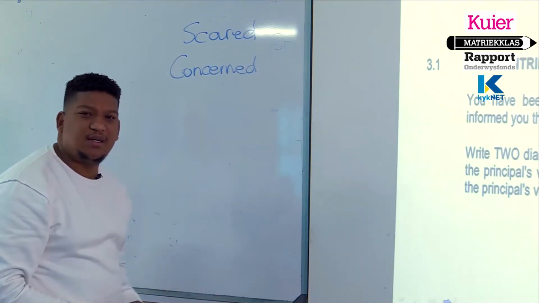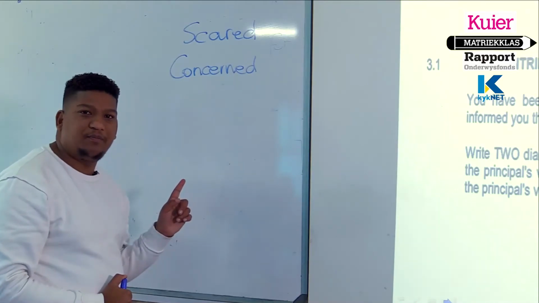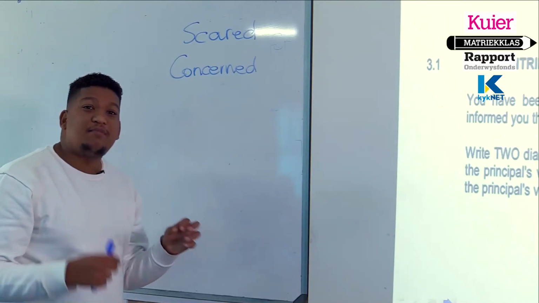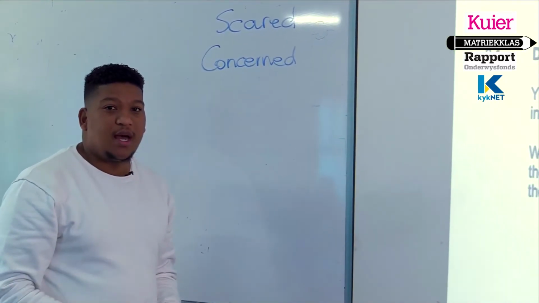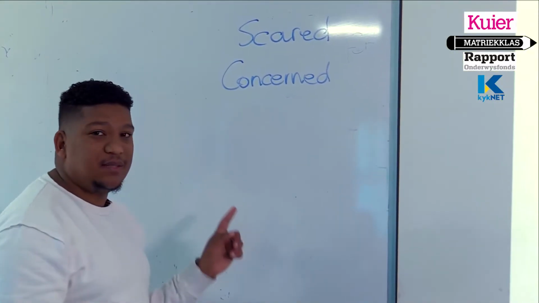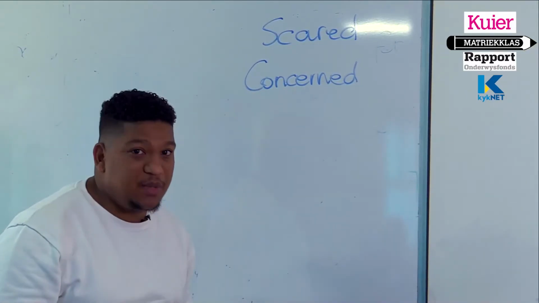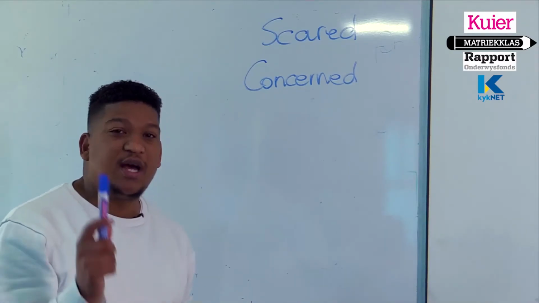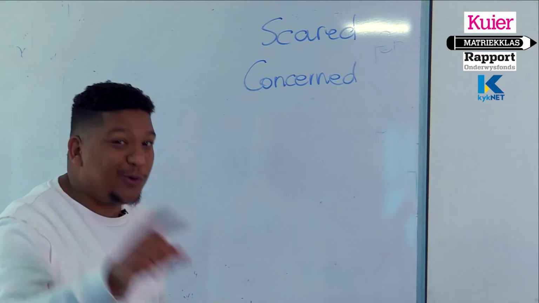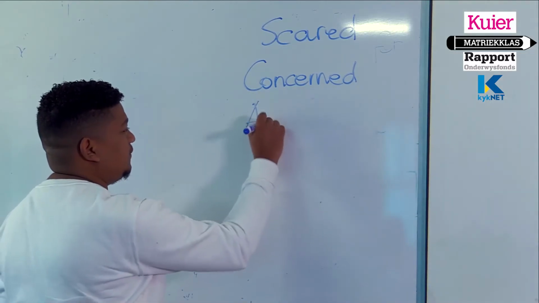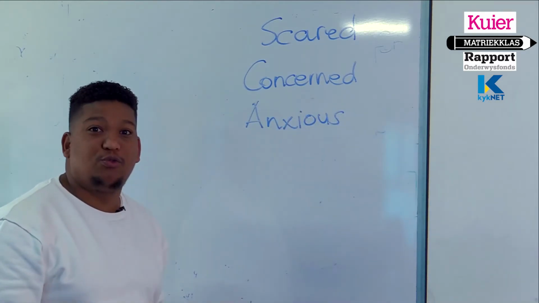I'm concerned that he would come to my house to speak to me, which means that my absenteeism has become a problem to the school, and it has become worrisome to the school that I'm not present. But it indicates to me also that the principal and the staff care about me. So I feel scared, I'm concerned. I also feel, grade 12, anxious. I feel anxious for what's about to go down.